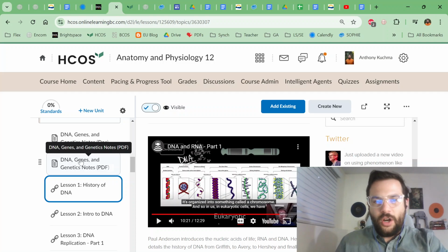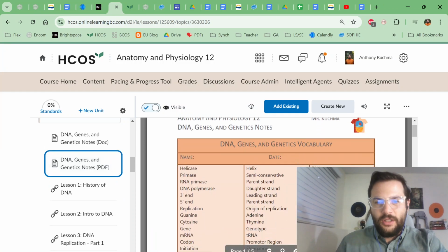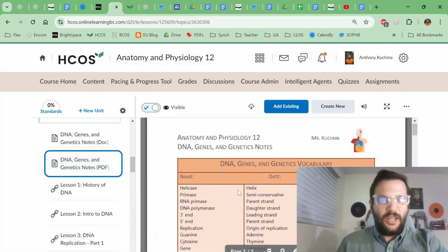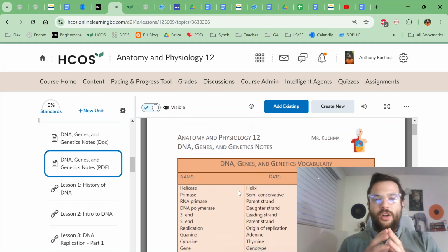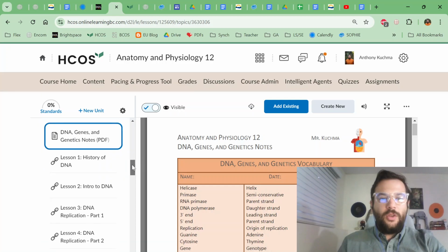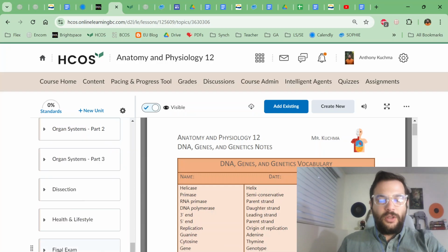So the notes are worth 10 marks, and I definitely want to see that all of the different things are touched upon: the notes, the vocab, and the visual content. And honestly, I will tell you right now, the reason why I have you complete the notes in this very specific way is because when you get to the very end of the course and you're doing the final exam